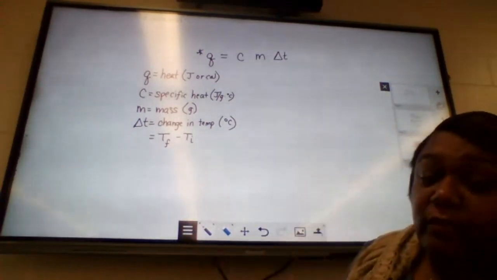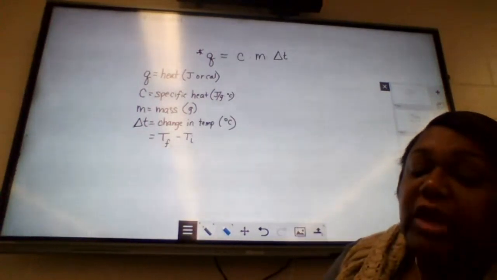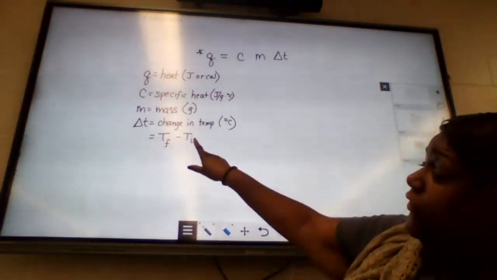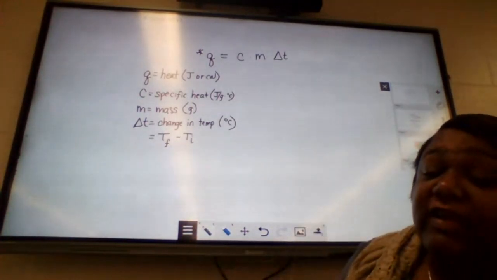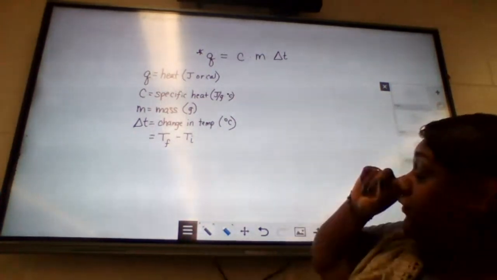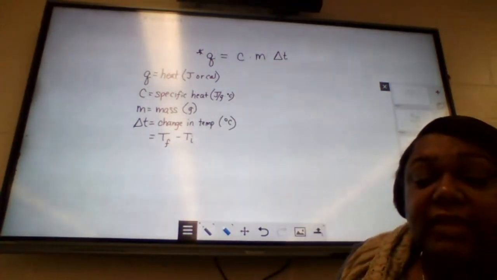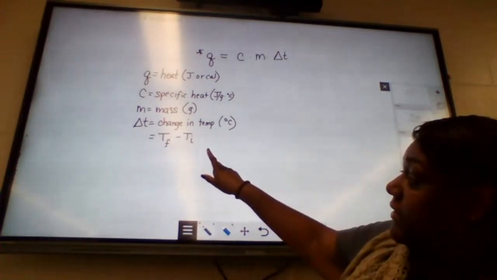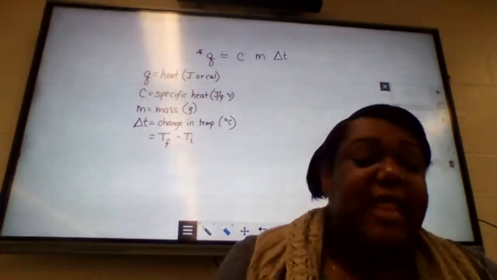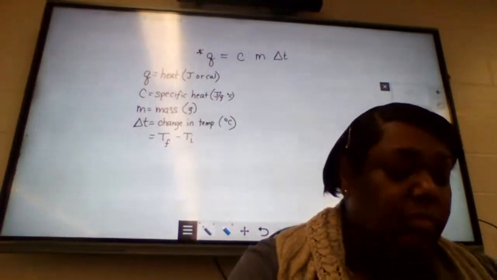Your M stands for your mass, which is given in grams. And again, if it's not given in grams, you have to do a conversion to get it to the right units before you plug it into the equation. And your delta T, that delta actually stands for the change in, the T stands for temperature. And so the units for your temperature should be in degrees Celsius. Now, how do you find delta T? You do it by taking the final temperature and subtracting out the initial temperature. That will give you your change in temperature that you need for your formula.